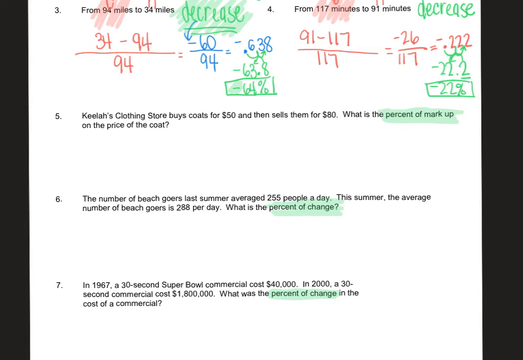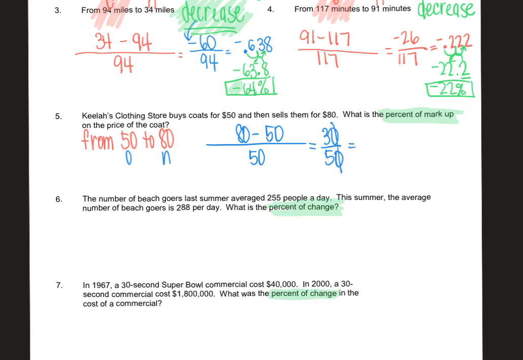So Keela's clothing store buys coats for $50 and then sells them for $80. So if I write this how my other ones were up top, I have from 50 to 80. That means my 50 is my original, my new is the 80, and then I can go on from there. They want the percent change. So I do 80 minus 50 over 50. Again, original goes on the bottom. I get 30 over 50. If I wanted to, I could knock out those zeros, and I really have 3 divided by 5, which is